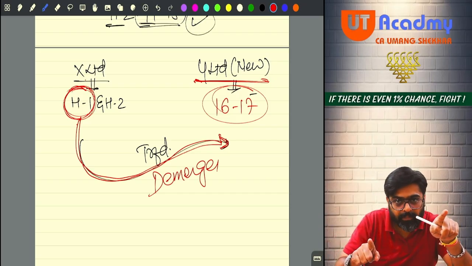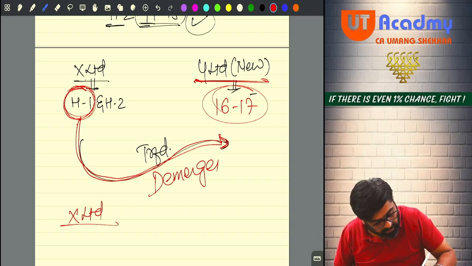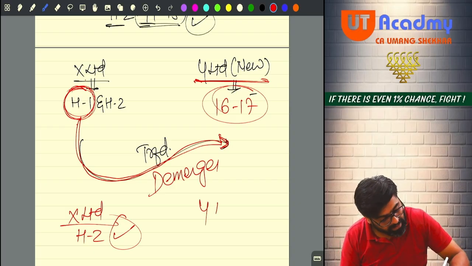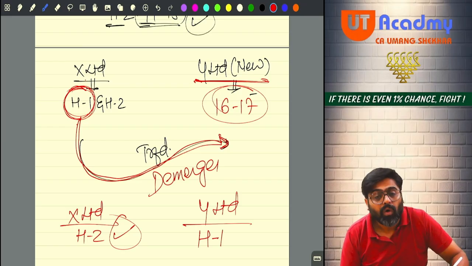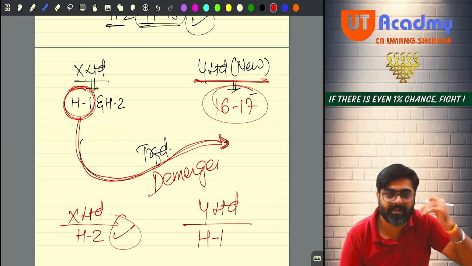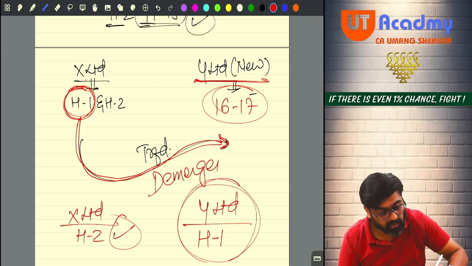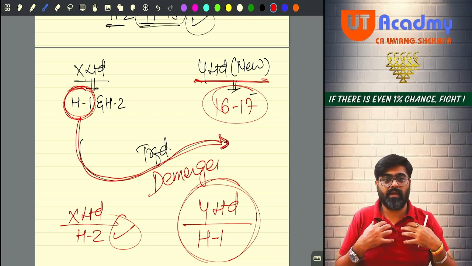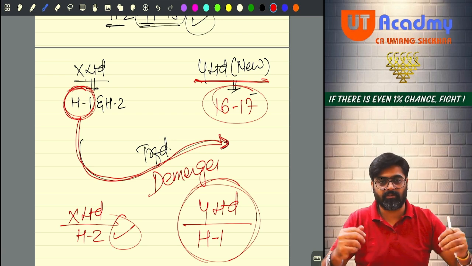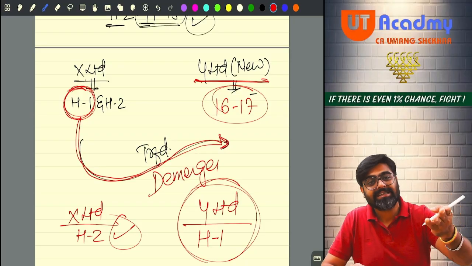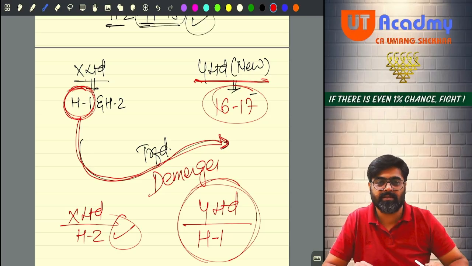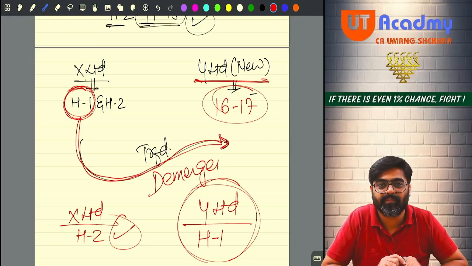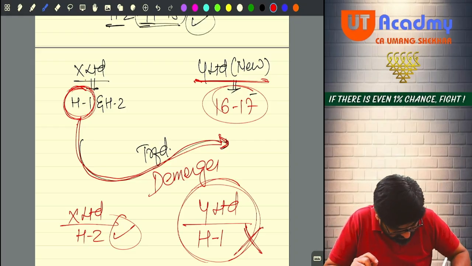After this happens, X Limited will keep on doing the hotel 2 business and claiming the 35AD deduction. And Y Limited, to whom hotel business 1 is transferred on demerger, will also try to claim 35AD, saying that we have been formed in 16-17, a new business. But the business is started by splitting up the existing business only, no? So the 35AD deduction will not be available to us.